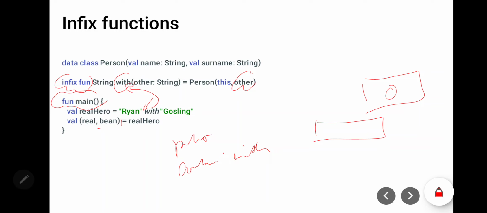Or if you write normally, Person("Ryan", "Gosling"). But for this function, you can write with in here.